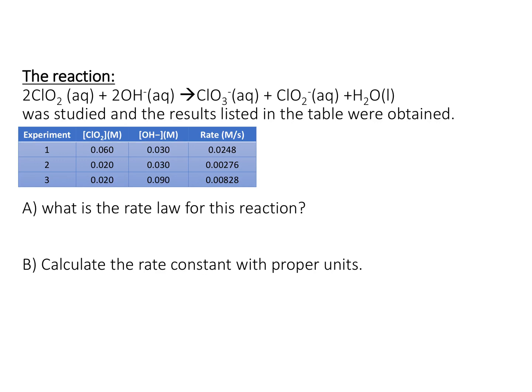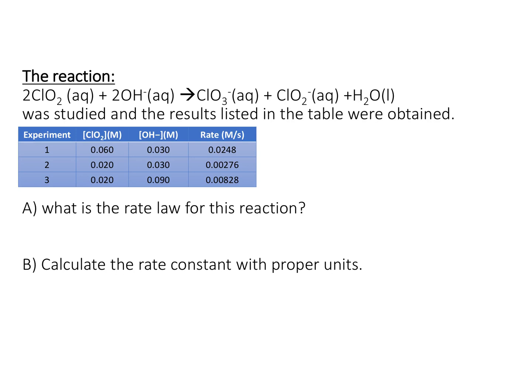So for this reaction between chlorine dioxide and hydroxide to generate chlorate, chlorite, and water, we have the following rate data. We run the reaction under 3 different experiments where we vary the concentration of chlorine dioxide and hydroxide in an effort to determine the rate law for this reaction. And in class we talked about how if I double the concentration and the rate doubles, that's a first order